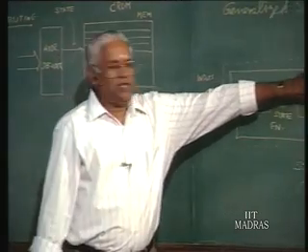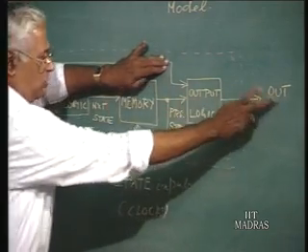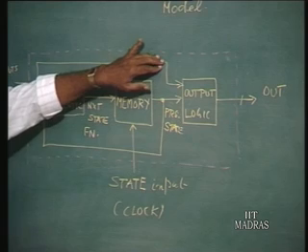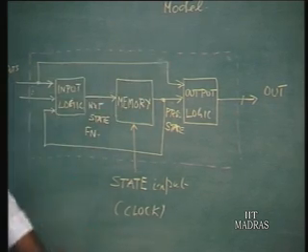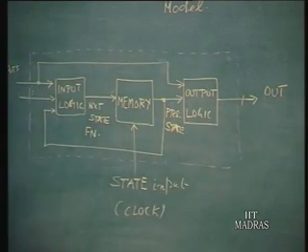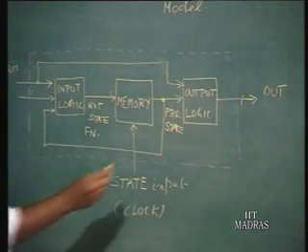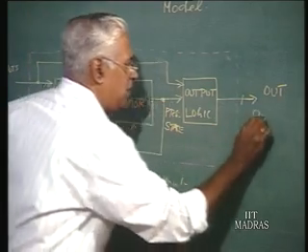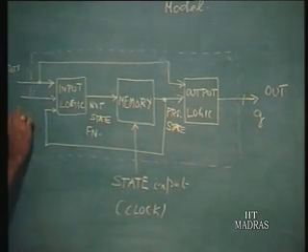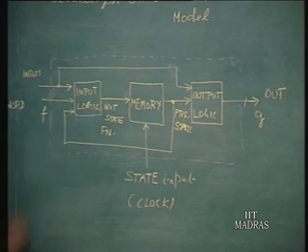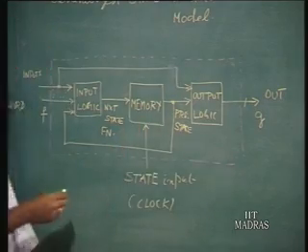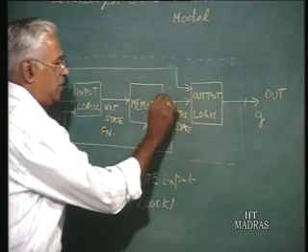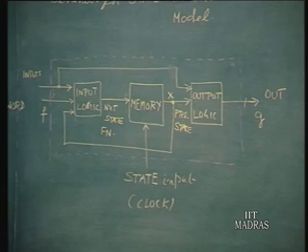So sometimes it may not be there, in the sense the output is only a function of the present state, if you don't have this. Agreed? So if the output is only a function of the present state, suppose I call this G, okay, suppose I call this F in general, then suppose I indicate the present state as X, okay, then